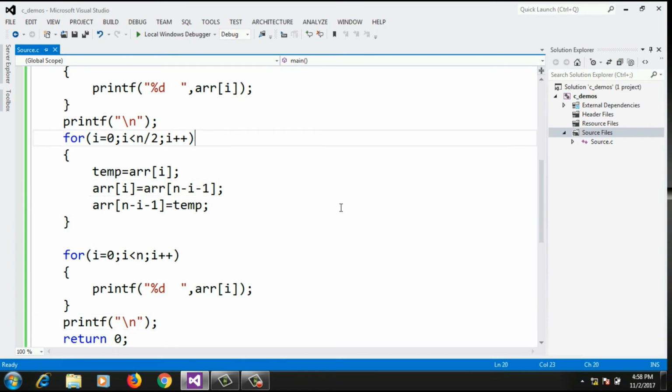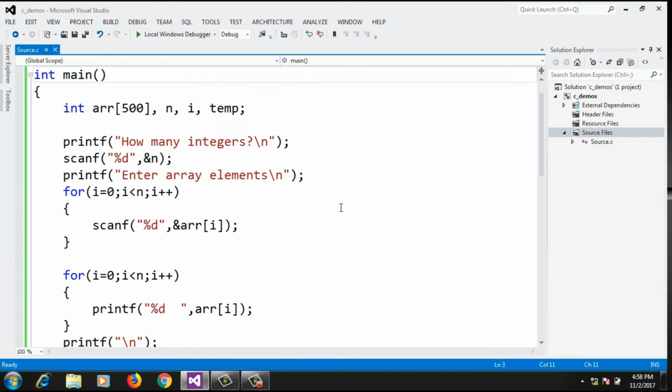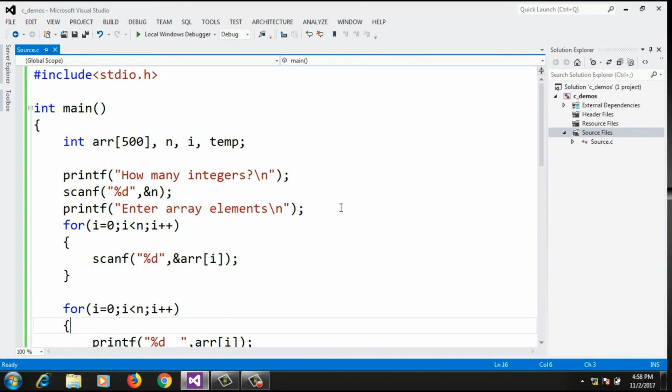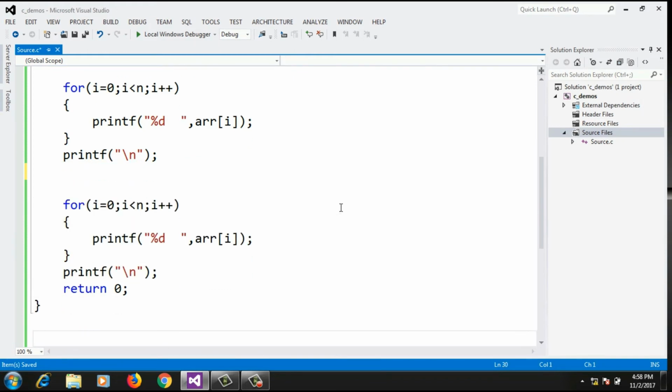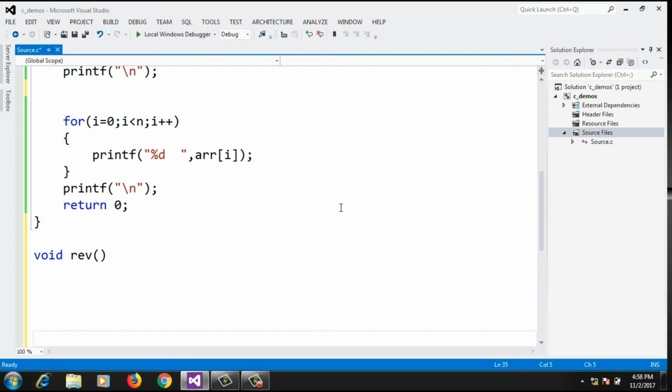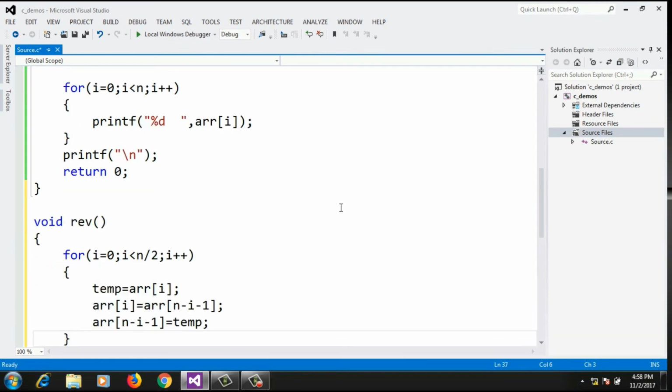Now if you want to write a function for that, again, suppose I don't want to write this code in the main itself, I want to write a separate function to reverse the array. So that means this code which is the logic for reversal will go inside that function, so I will remove it from here. So I will say Control X, I will cut it from here and I will paste it inside the function. So suppose void rev is the function name, then that function, okay, first let me paste the code here.